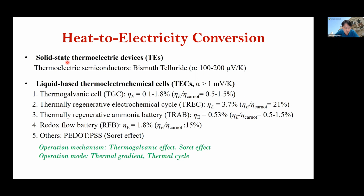Solid-state thermoelectric devices such as bismuth telluride utilize electrons or electron holes as the energy carriers, which work on the temperature difference between two heat reservoirs, and have been studied as major candidates for heat to electricity conversion so far. However, the low Seebeck coefficient, or we can call it thermopower, is usually in the scale of 100 to 200